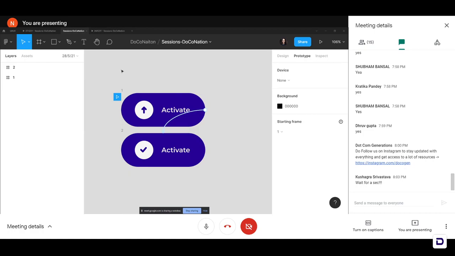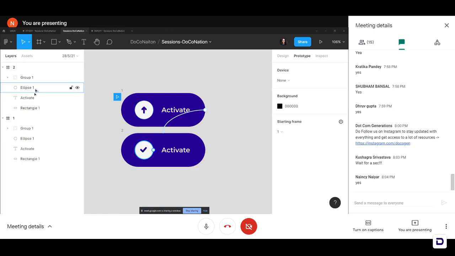So again, if you remember, I was talking about the mapping layers. If I open up both frames in my layers panel, you can see that both frames have the exact same components. Just as this has transitioned into something else, but the components are exactly the same. You can see group 1, ellipse 1, activate and rectangle 1, the same thing in the first frame as well. So this is the key to achieving any smart animation.